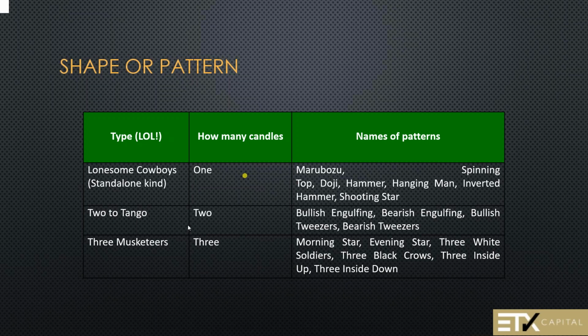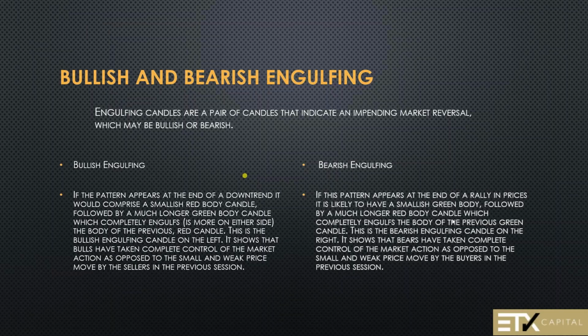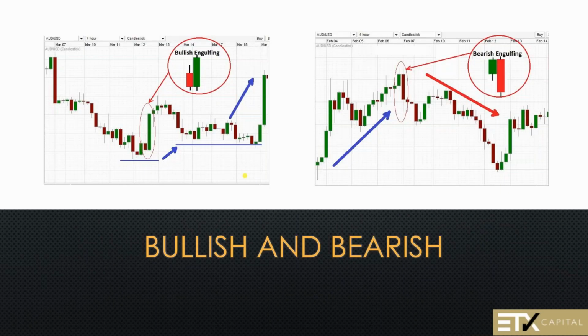They might help you understand price, but they don't tell you anything more advanced than that. Then we go to our two candlestick patterns, and these you saw in the little presentation: bullish engulfing and bearish engulfing. We even have bullish tweezers and bearish tweezers. From there, we go to three candlestick patterns. These triple candlestick patterns are very reliable because it's very rare that they actually pop up, because it takes three candles exactly the same as what the pattern calls for to tell you something. Now, they're all listed on your cheat sheet. I don't have the time in the evening to go through all the individual candles step by step and show them to you,